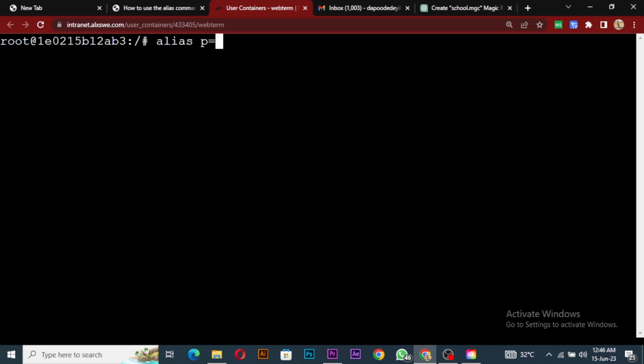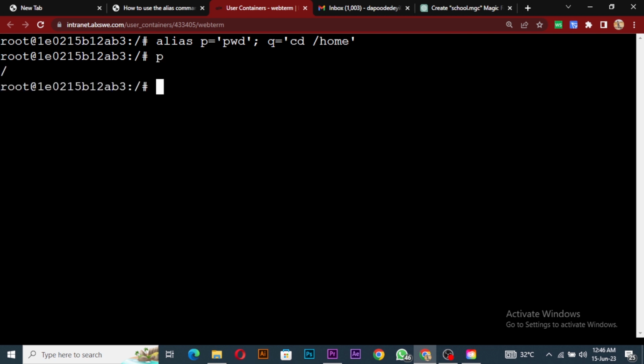And then we'll close it, and then we'll put a semicolon, and then we want q to be able to cd into our home directory. Okay, so we could initialize it like that, and then if we do